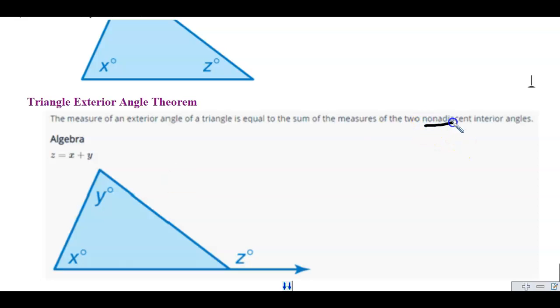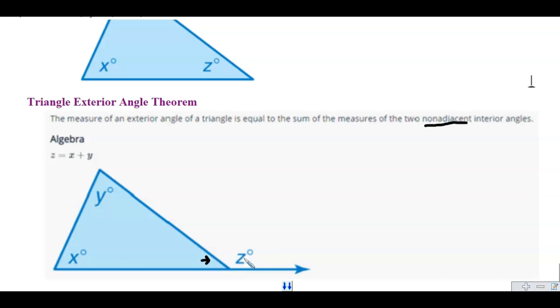We use the word non-adjacent as in it's not touching that exterior angle. So each exterior angle is adjacent to one interior angle. The angles that it's not adjacent to, when you add them together, that's what you get for the sum